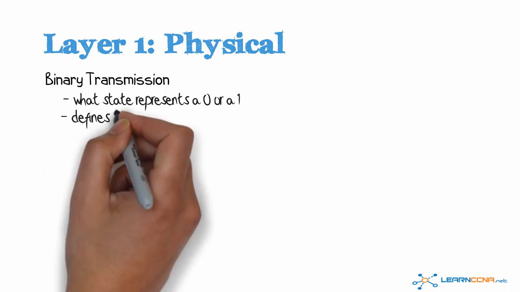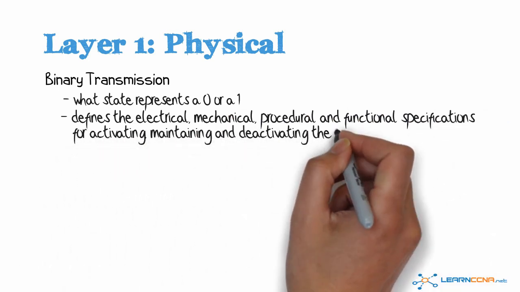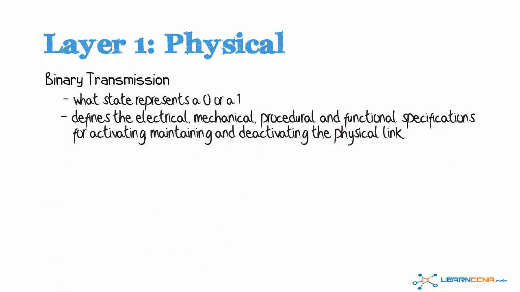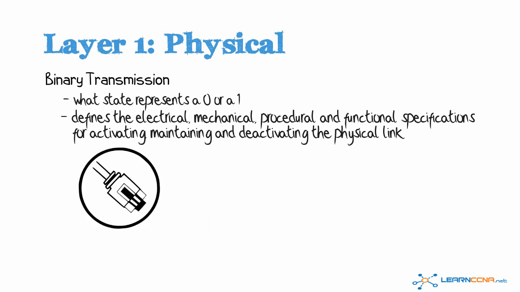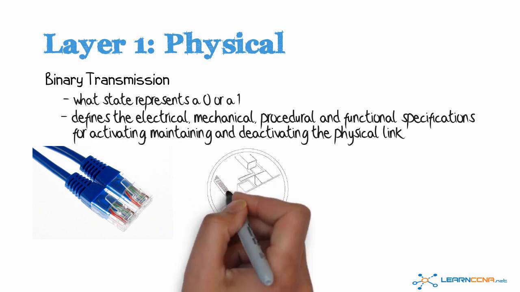The physical layer defines the electrical, mechanical, procedural, and functional specifications for the physical link. This allows for interoperability. To put that into plain English, here's an example. RJ45 connectors are used in Ethernet, and you would plug an RJ45 connector into the network interface card of a